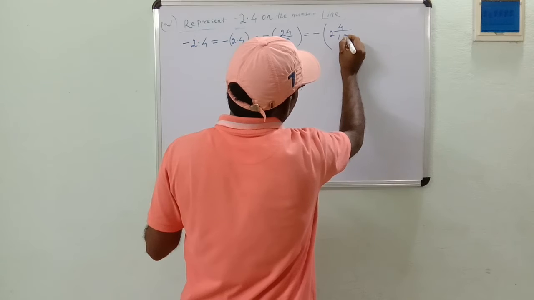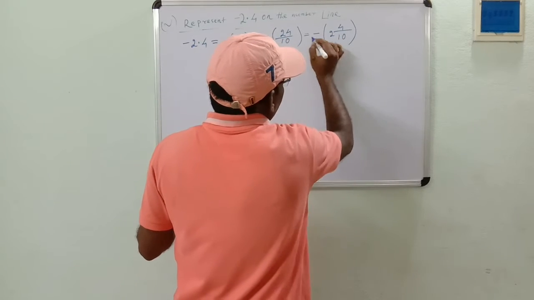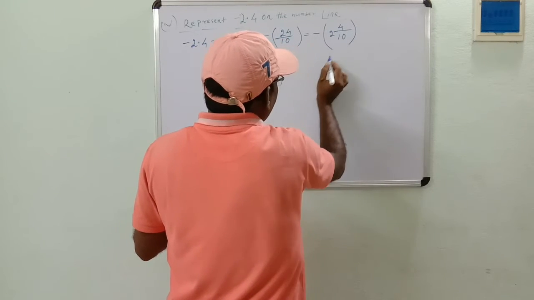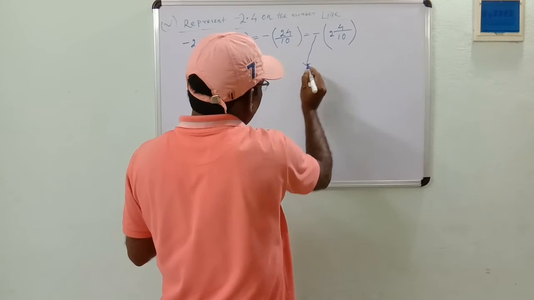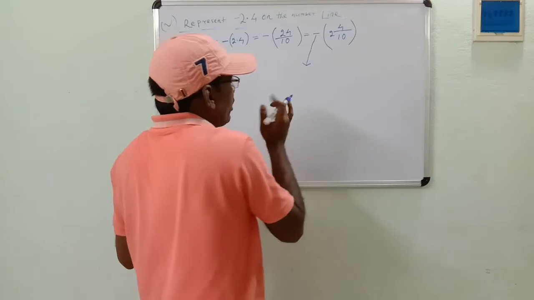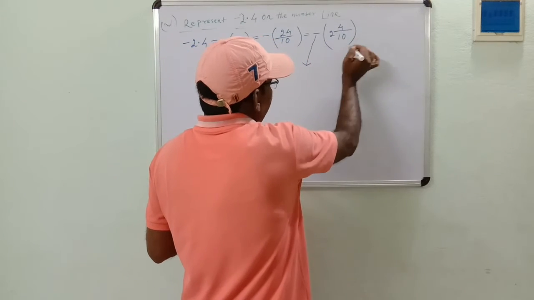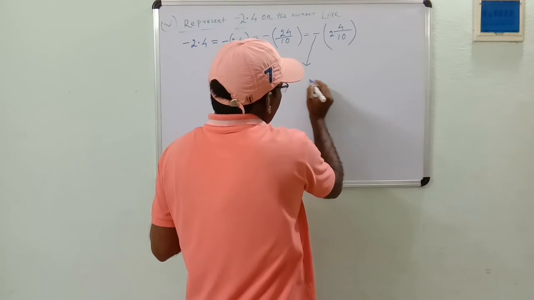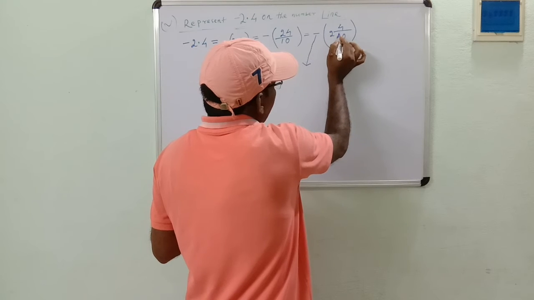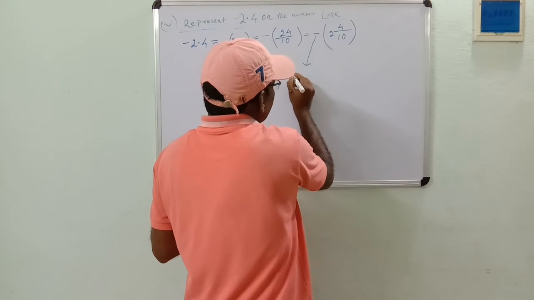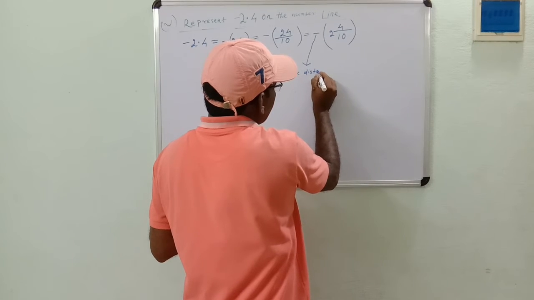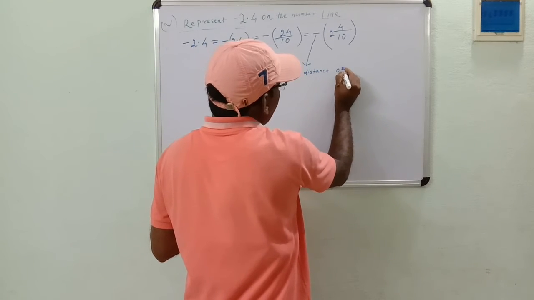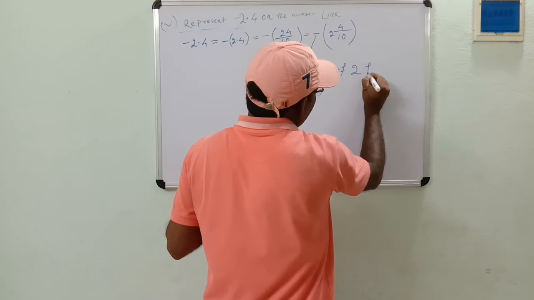That will be 2 full 4/10. Now minus 2 full 4/10 का मीनिंग है, माइनस साइन इंडिकेट करता है लेफ्ट डायरेक्शन को. Therefore we mean that minus 2 full 4 by 10 means the distance of 2 full units